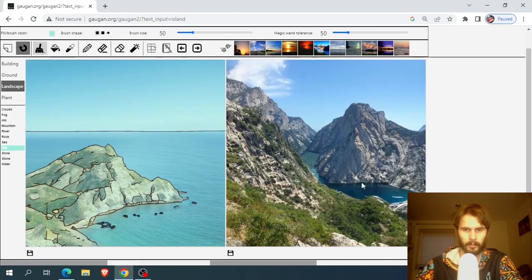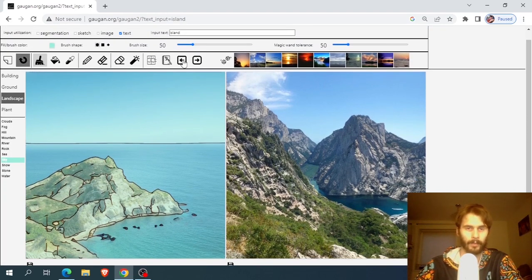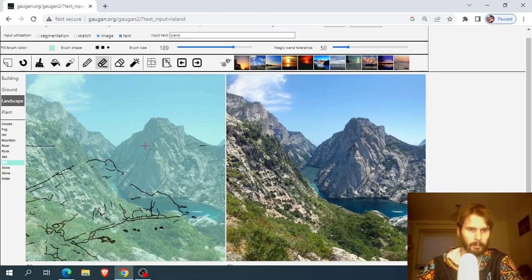Okay, it's a whole different image. Let's work with that. So we can again copy it back. I think we need to erase our edges because they are from our previous image. You can also change the shape